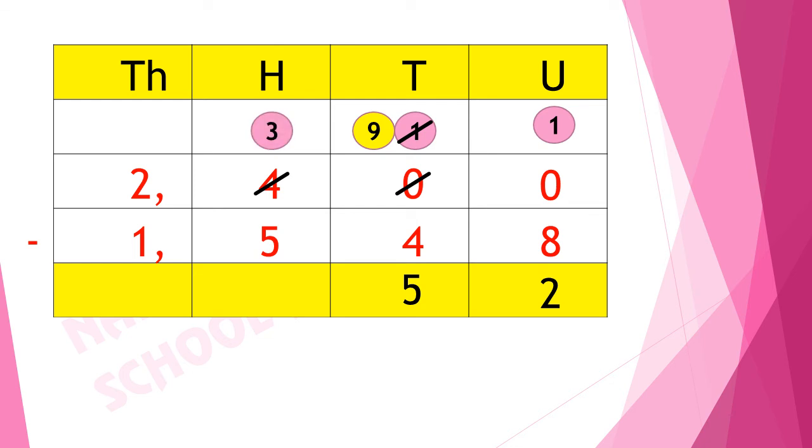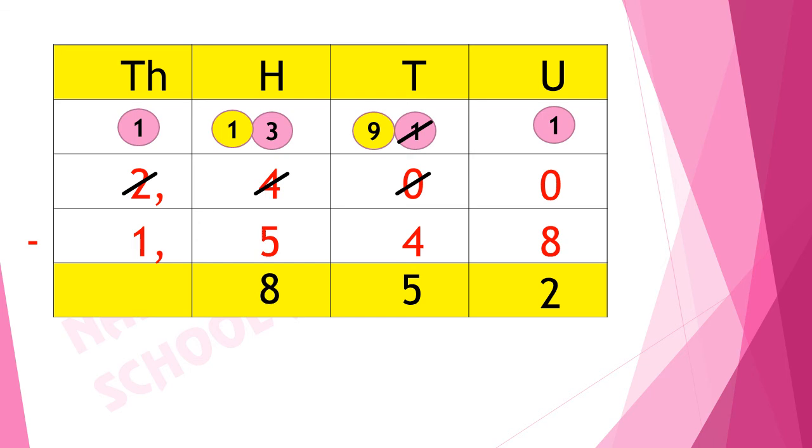But we cannot take away 5 hundreds out of 3 hundreds. We take 1 borrow. Here we are left with 1000. As we have taken 10 hundreds as borrow, in 10 hundreds we will add 3 hundreds. Now we have 13 hundreds. Out of 13 hundreds we have to subtract 5 hundreds. If we subtract 5 hundreds out of 13 hundreds, we are left with 8 hundreds.